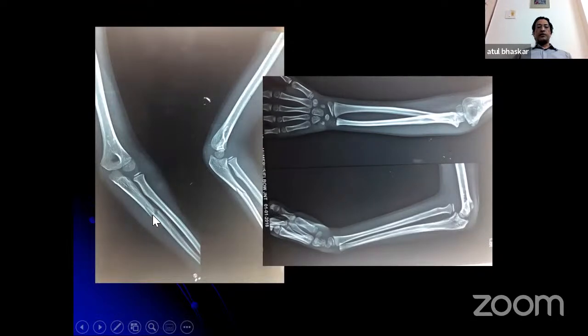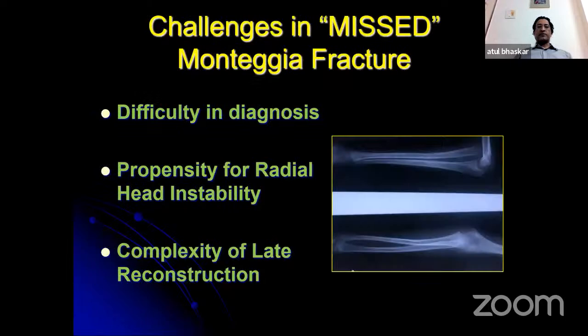This is the same child, greenstick fracture. You can see the slight subluxation. As the fracture heals with more bowing, the head will come out. So it's very easy to miss at this stage. Again, you see how the X-ray quality is. There's an incomplete X-ray, no joint is seen below. And then when the child comes back for follow-up to us, this is the picture. So this is not uncommon in practice, and we've got now a huge series of missed Monteggia fractures.